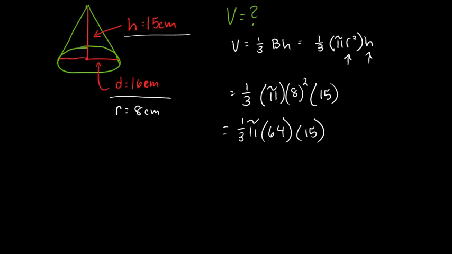Now you can go ahead and do a little bit of math before you put it into a calculator, or you can multiply pi times 64 times 15 and then divide by 3 at the end, or you can take 1 divided by 3 and then you would enter that, and so you would have the value of 1/3 times pi times 64 times 15. Or you can go a step further here, and instead of dealing with the fraction in your calculator, you could realize 1/3 of 15 is 5, so I'm left with pi times 64 times 5, and put that into a calculator and round to the nearest 100th and get